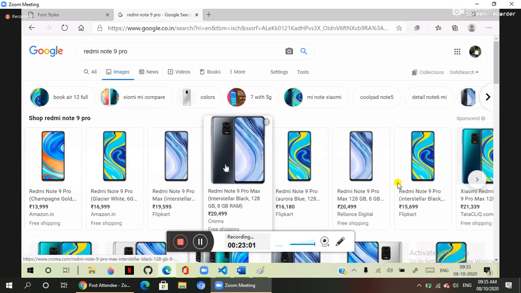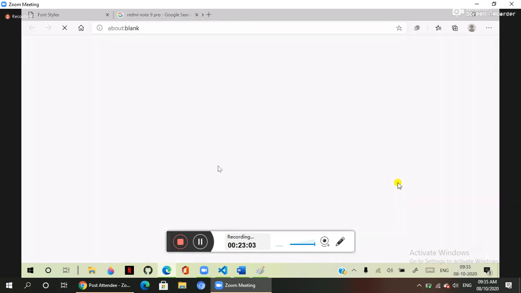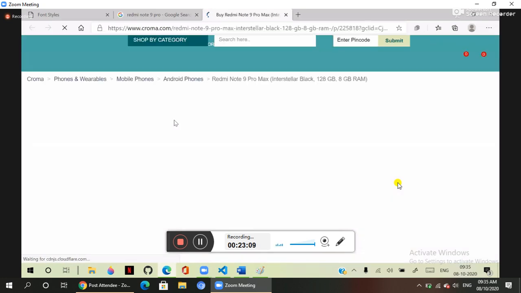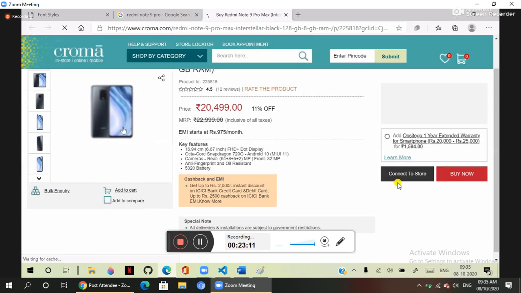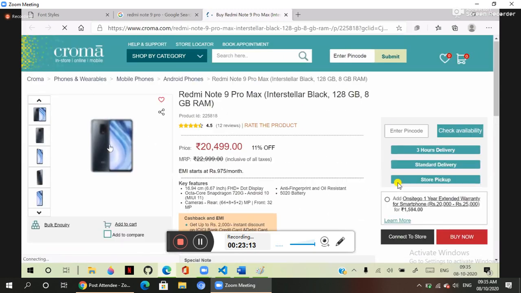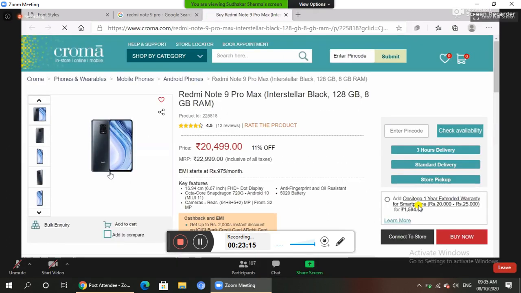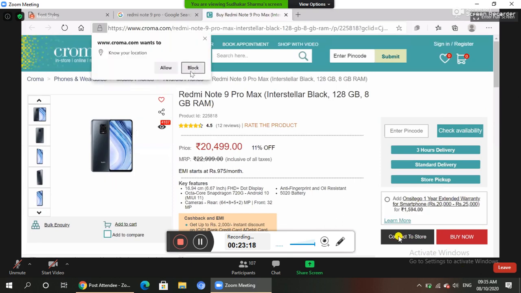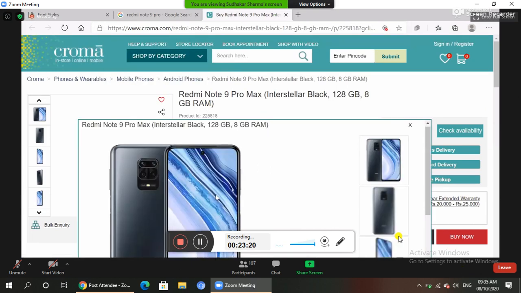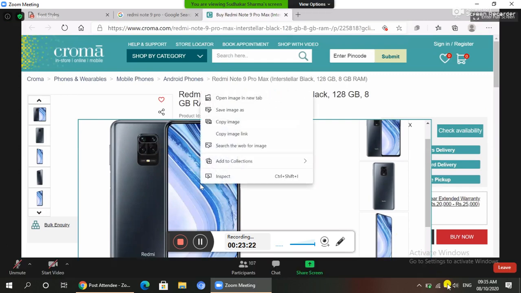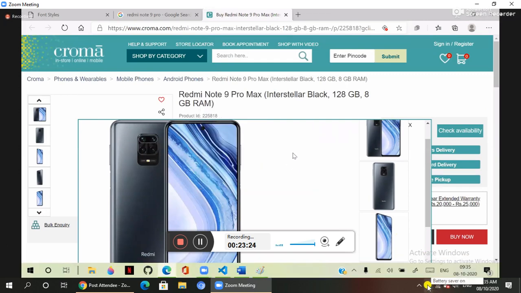Suppose this is the image, and we will copy that image and try to keep it there. So that is the image we are having. Save image as,